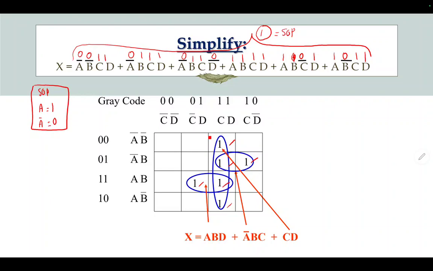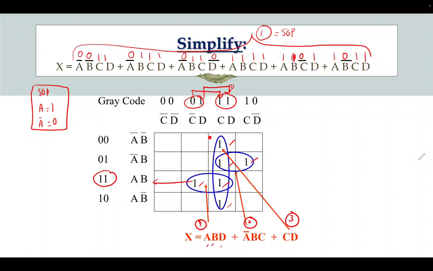So for example, in this plot you've got three groups: group number 1, group number 2, and group number 3. Group number 1, you read from here. So you've got A1, B1. And then on the top here, you read here and here. C changes state, so you don't read C. And D is 1 to 1, so you read D because D equals 1.